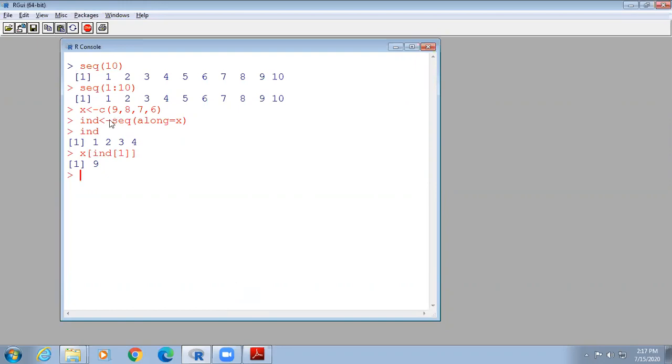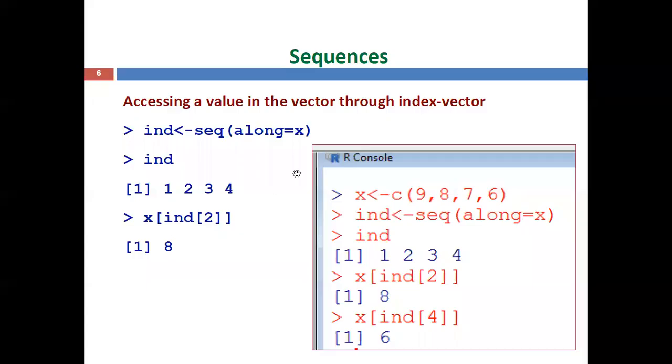You can see here 9. Then the second index value is 8. Then the third index value is 7. Then the fourth index value is 6. Like that you access a value in the vector through an index vector.